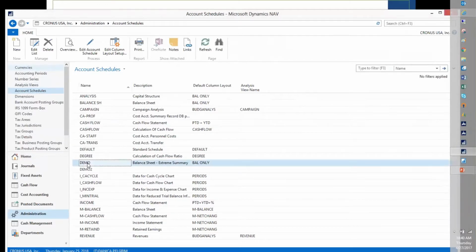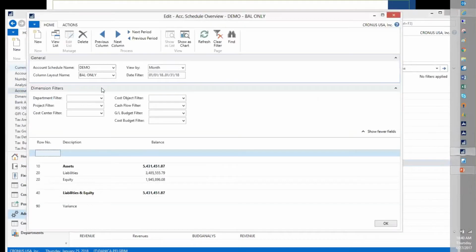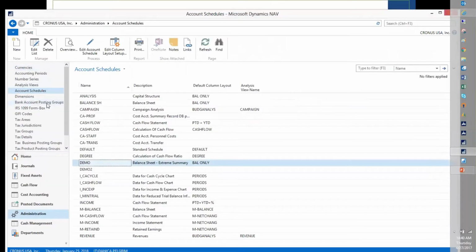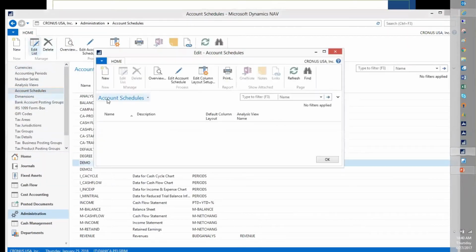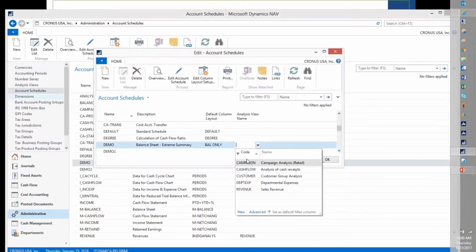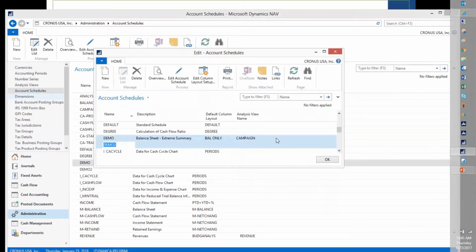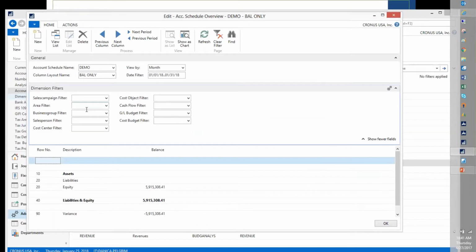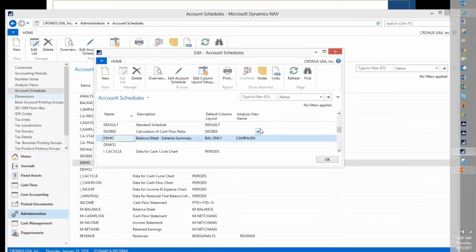And I'm going to go to my demo one here, and I'm just going to do a preview of my demo. See, I only have department and project listed here. If I go to edit my list, and I'm going to add that campaign analysis view to my list, and then if I go to an overview, now I have all 4 of those, and I have a little bit more flexibility to do a little bit more filtering on my account schedules. So that's where the power of the analysis view comes into play